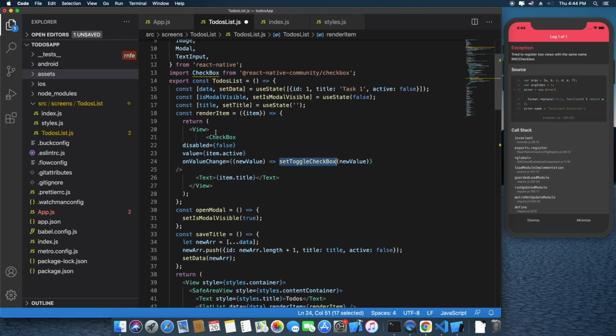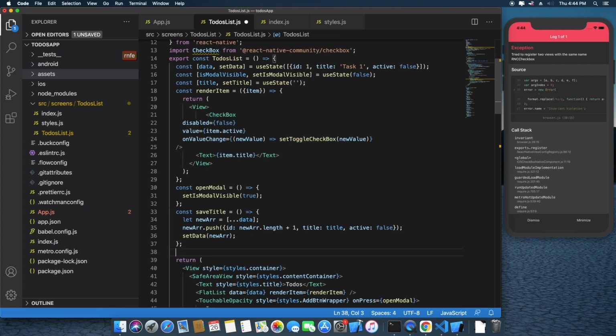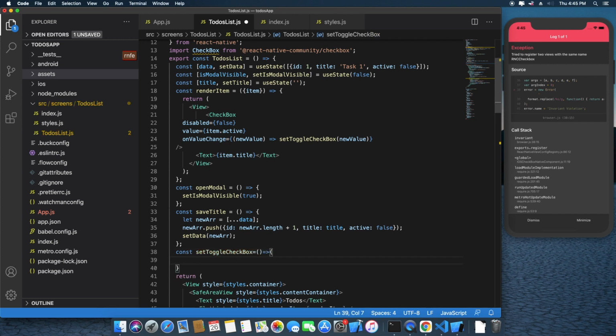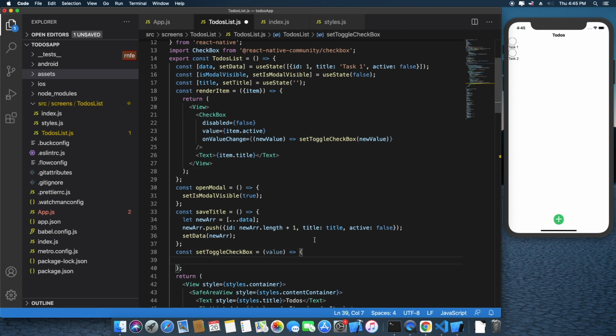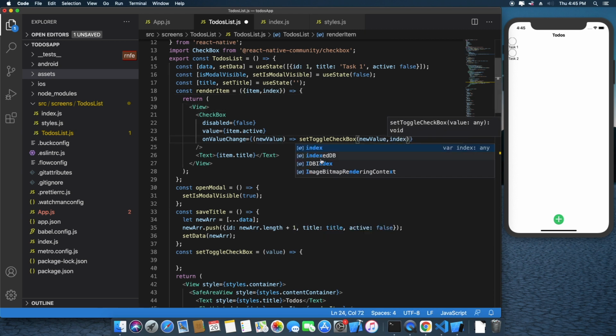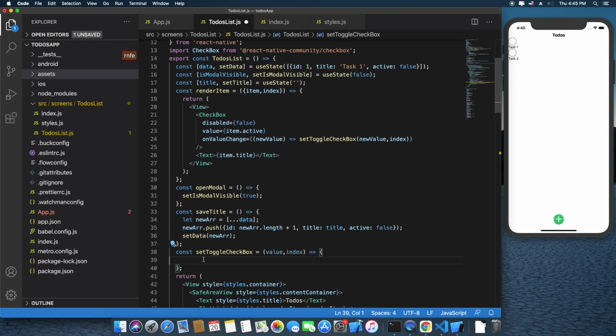On value change, const value. We need to access the index of this task, so we also return index, pass index here, index. Okay,